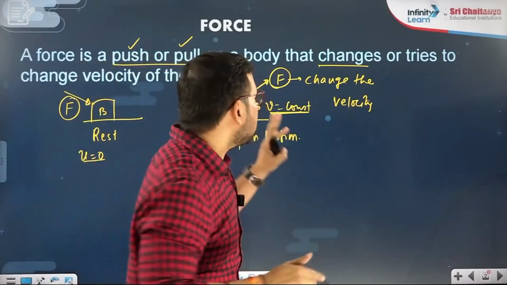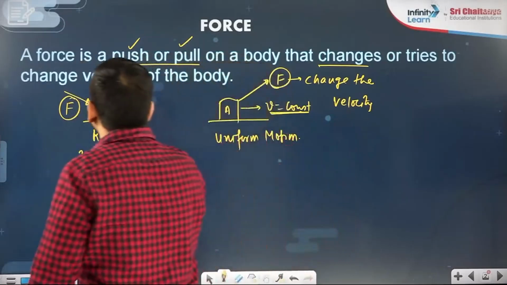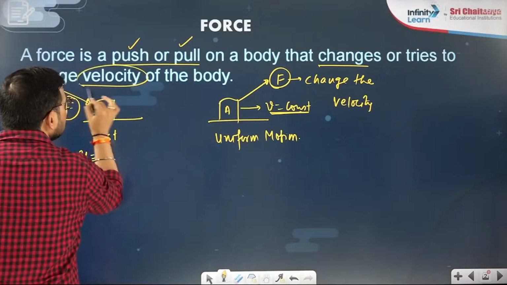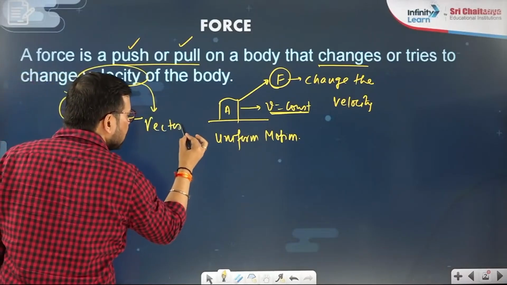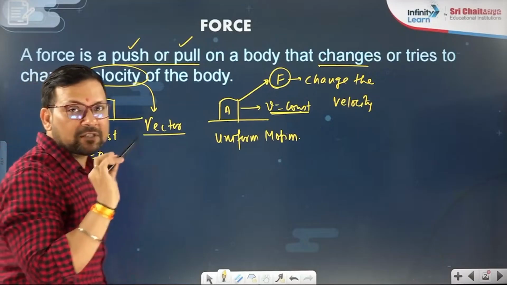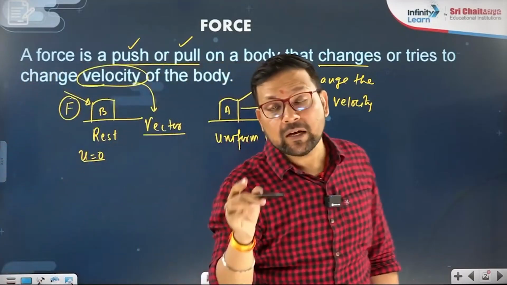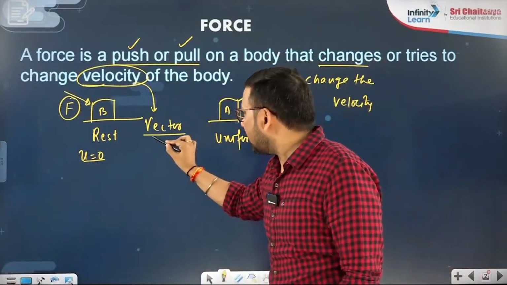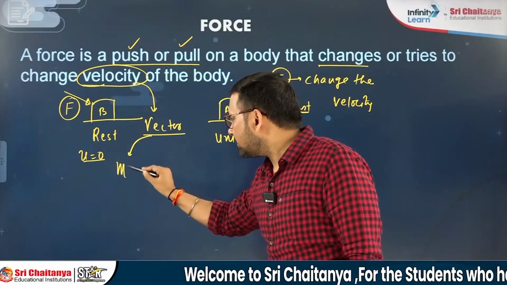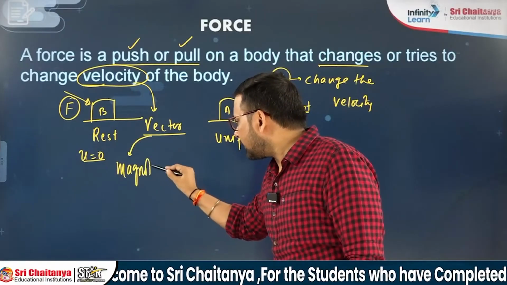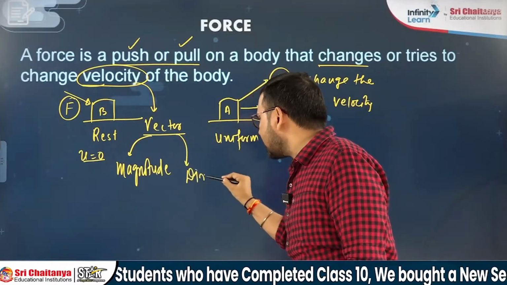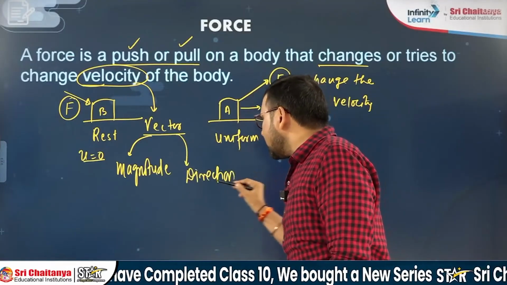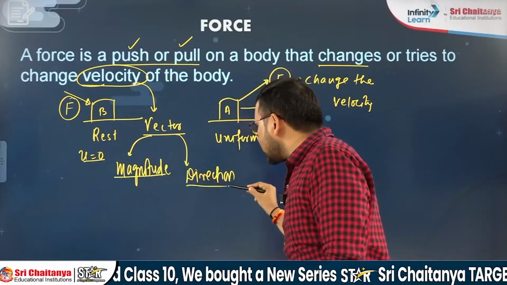And do remember, when we are talking about velocity, what is this? That is a vector. I'm not talking about speed here. Please don't confuse velocity with speed. Here we are talking about the velocity vector. It will have magnitude, we all know vectors we have done, and also it will have direction. So magnitude is there and direction is there.